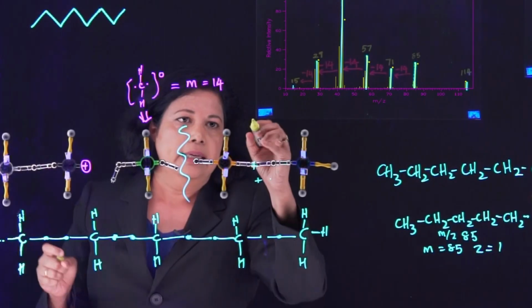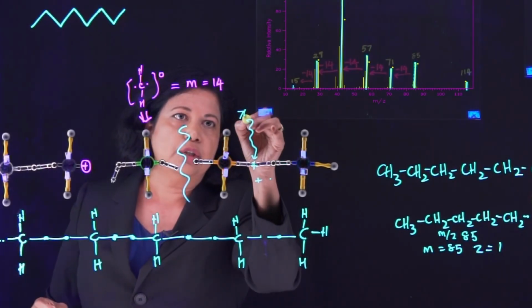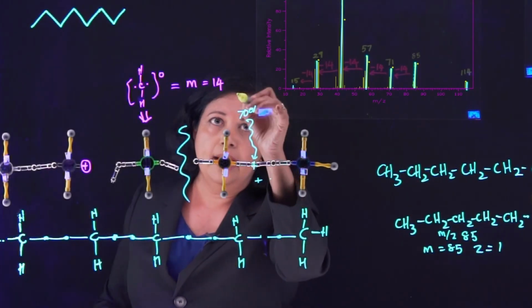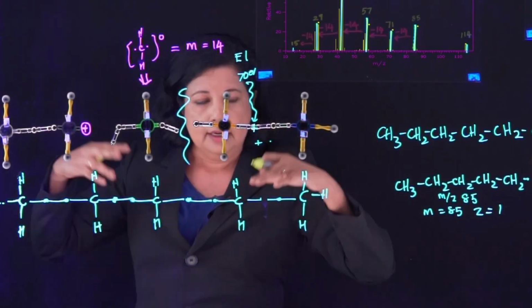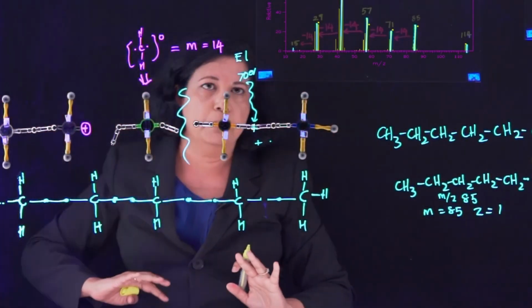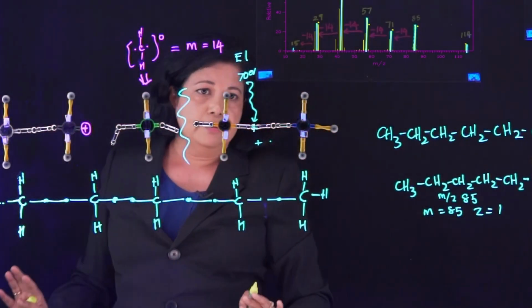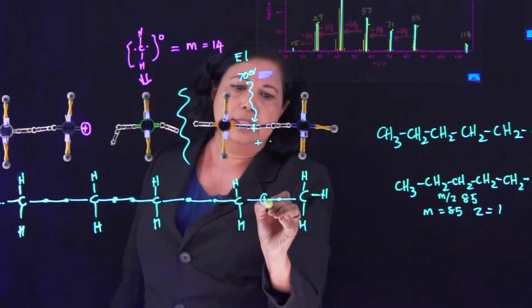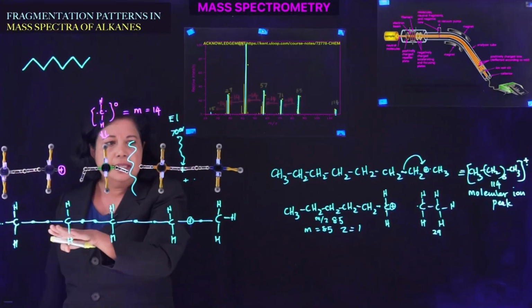When you hit it with a 70 electron volt electron ionization, your molecule goes up in energy by something like 1,700 kilojoules per mole and then starts unraveling. Just like you took this off and put a positive here, you could have done that anywhere